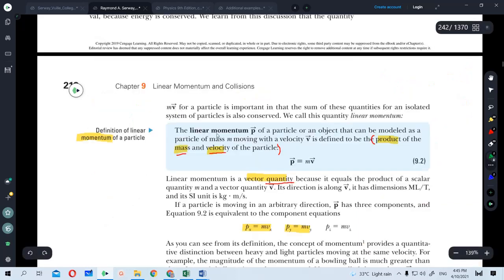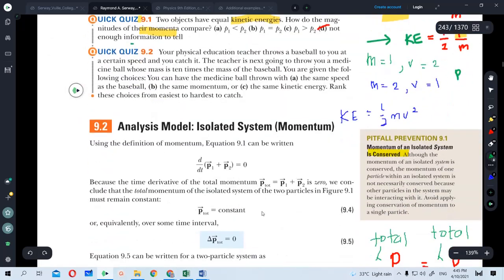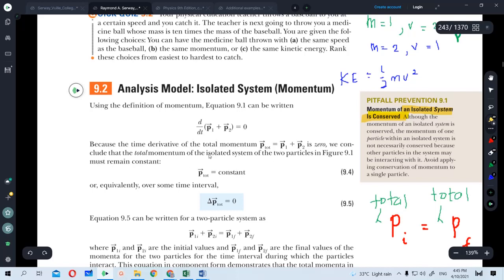Now, we have seen earlier that momentum, or linear momentum, is the product of mass and velocity. So we are going to go one step ahead. How? We are going to go over what we call the conservation of momentum. Conservation of momentum. In an isolated system, whereby isolated means that there are no external forces, for instance, friction, you